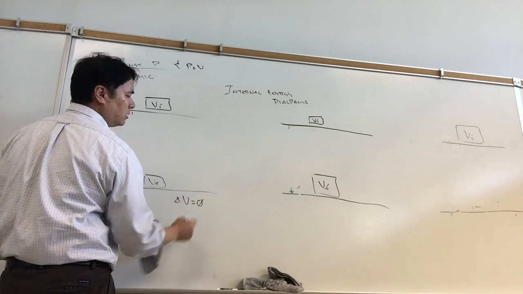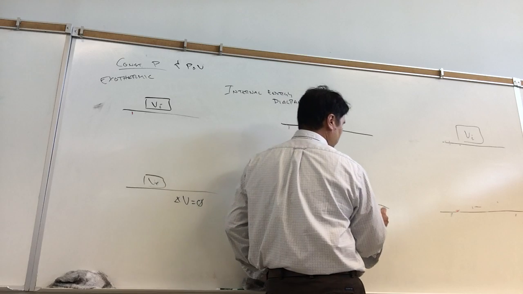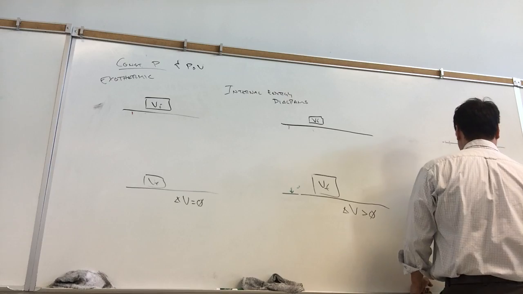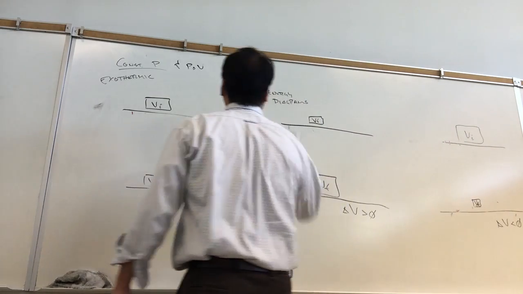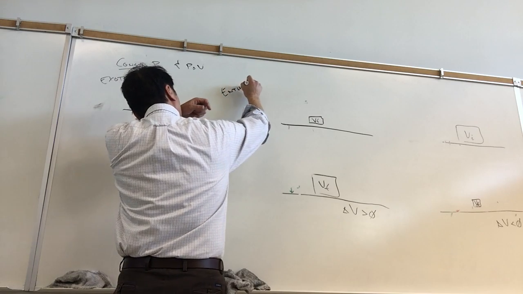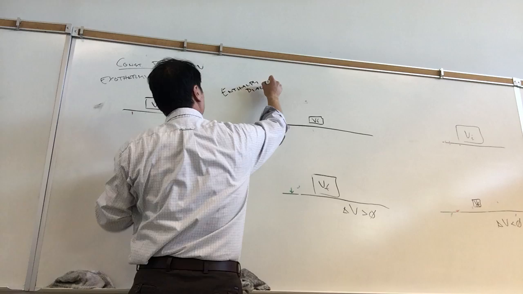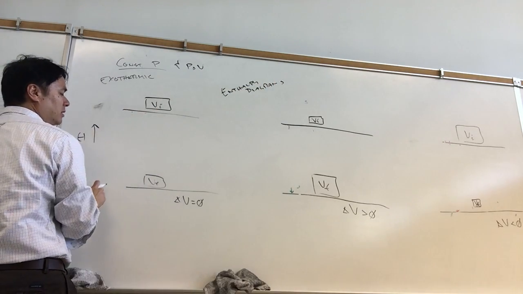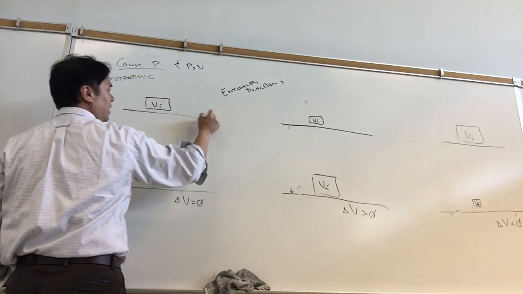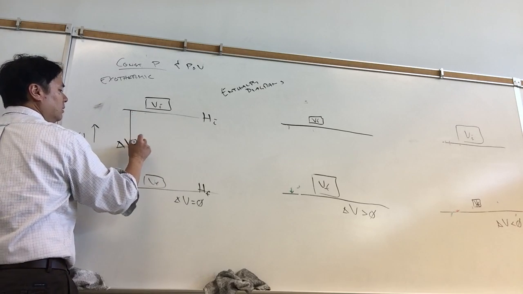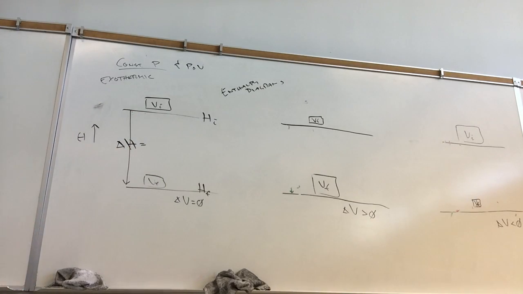Here's where delta V is equal to 0 under constant pressure. Here's where delta V is greater than 0 under constant pressure. And here's where delta V is less than 0 under constant pressure. Okay, now when we switch to enthalpy diagrams, which is basically the same thing as energy, except we're keeping track of the pressure-volume state initial and pressure-volume state final. And so here's H initial, here's H final. And here we're going to have delta H. Delta H, as long as we're under constant pressure and PV work only, is a state function. So delta H for all three of these